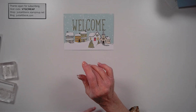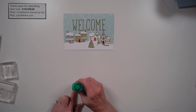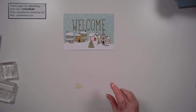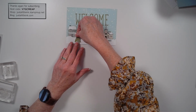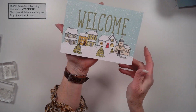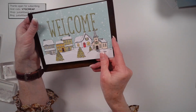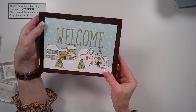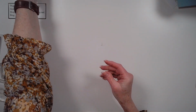So I want one over here, and then you could choose to only have one. You don't have to. You could put 7 of them, honestly, if you really like that many. So I'm going to come along here, and I think we'll stick one more over here. So then this is our finished welcome sign. And so when I stick it inside my frame, you can see that it's going to be a beautiful thing to display. So let's move along so I'm not taking too much time. We're going to do that